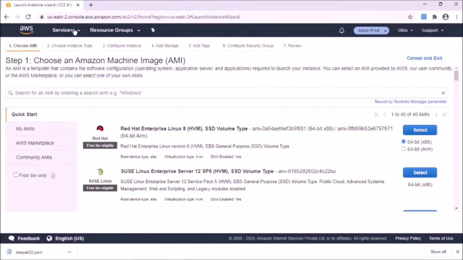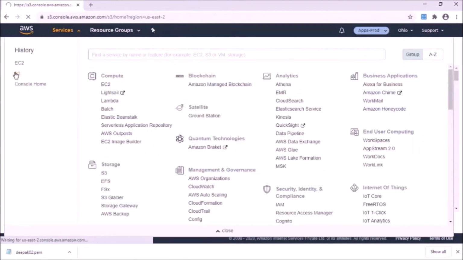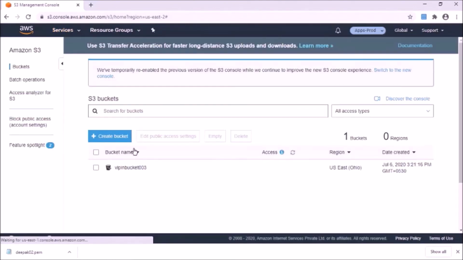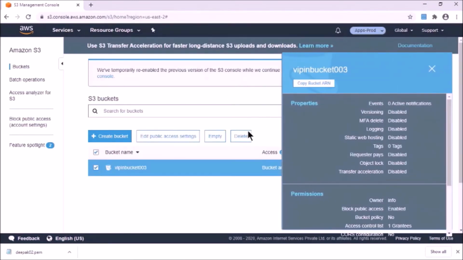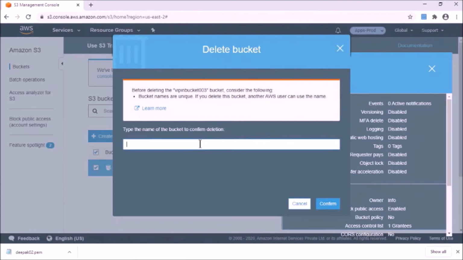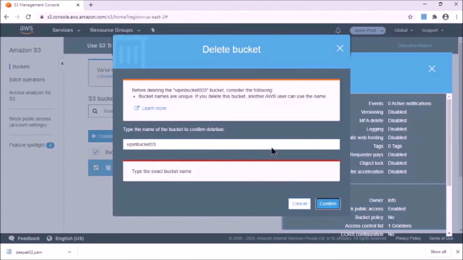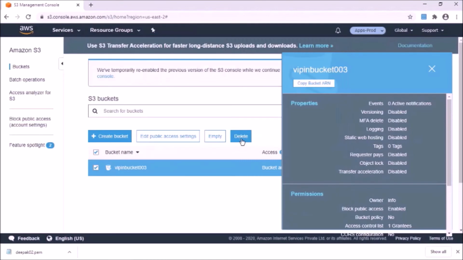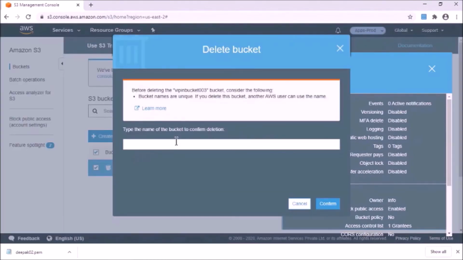So first, let's check the access for S3. We will try to delete the bucket which was created by Vipin. You have not given the correct name. Okay, we missed 10.